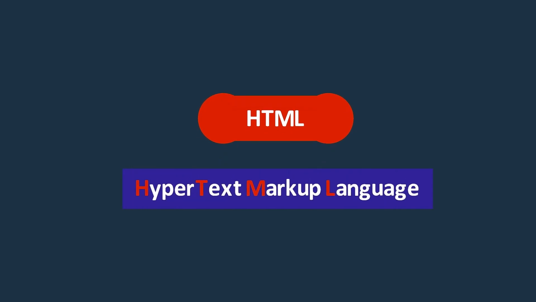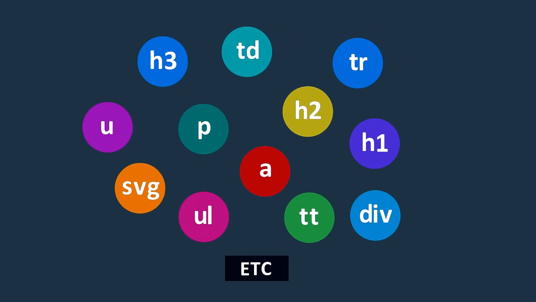HTML is a markup language that defines the structure of web page content. It stands for Hypertext Markup Language. A markup language is a way that computers speak to each other to control how text is processed and presented. To do this, HTML uses HTML elements. Let's show you how HTML processes the text using its elements.